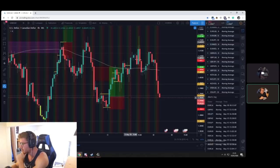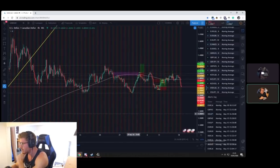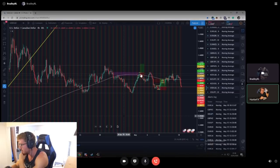So if we zoom out a little bit, generally on the 4 hour here, we're kind of just ranging with a small bias to the downside. And then we're reaching that untested level. As you can see, let me see if I can highlight it here for the viewers. The level that it actually did reject off of. So if you zoom back in,